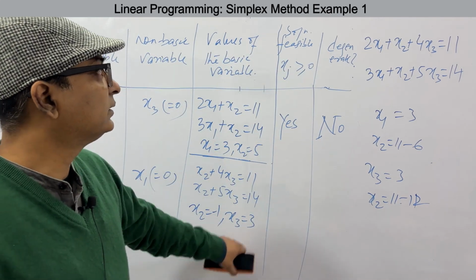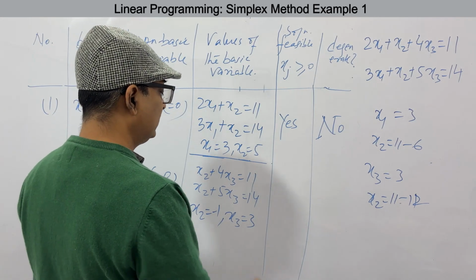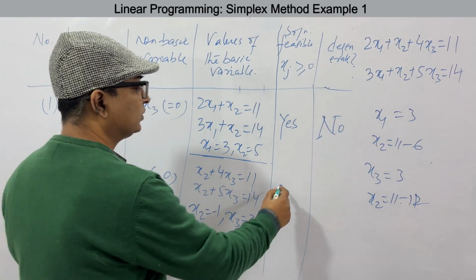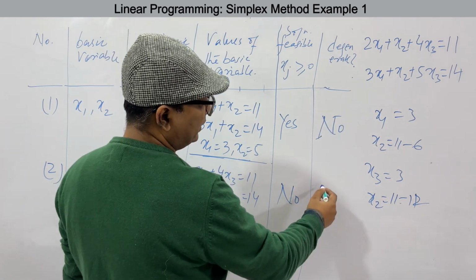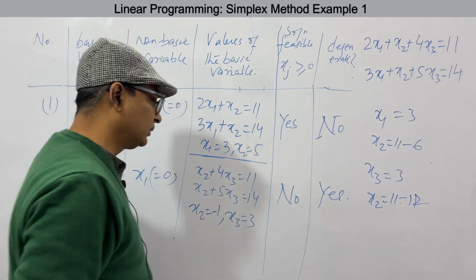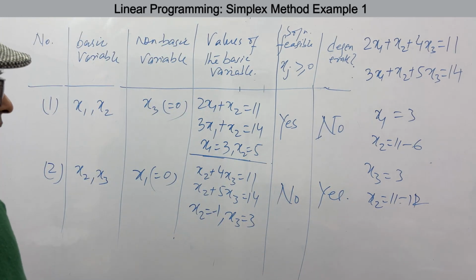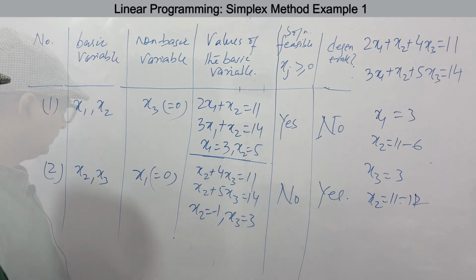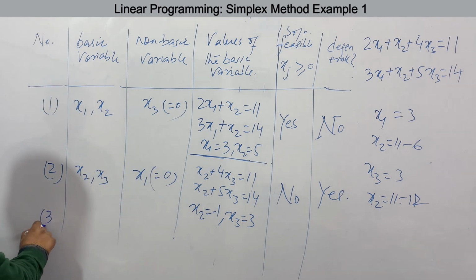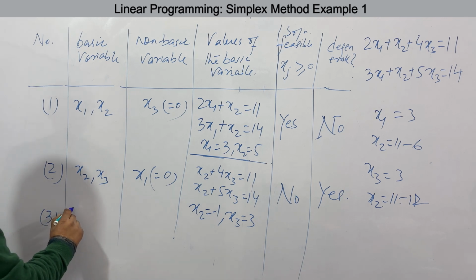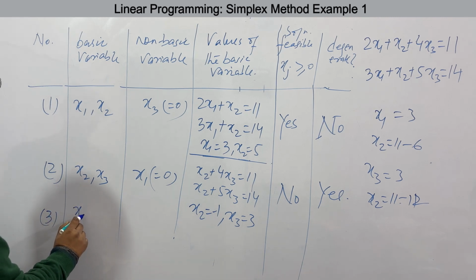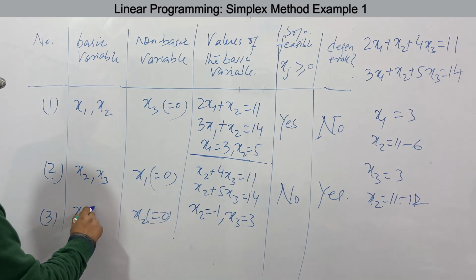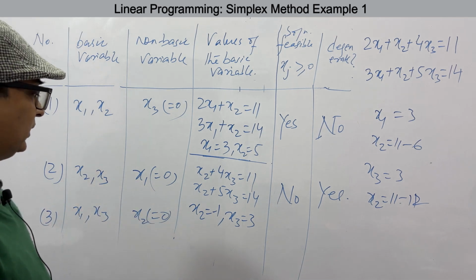Now, this is not feasible. This solution is not feasible. Why? Because our basic variable is negative. So no. And is this degenerate? Yes, it is degenerate because this is negative. Okay. So first is this, second is this. Let's see the third one. So the third one will be when we have x1 and x3 as basic variables, x2 equal to 0. So x1 and x3. So what will be the